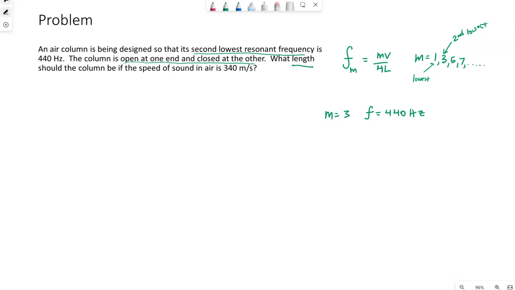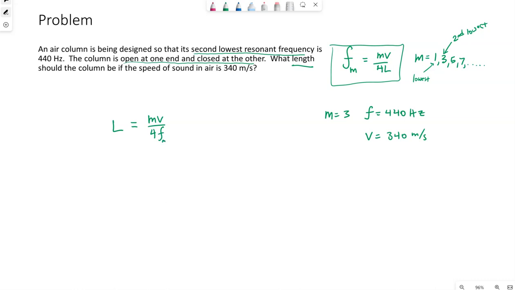We're trying to find the length of this air column, and they've also told us to use a speed of sound of 340 meters per second. So looking back at our equation, we know the frequency, we know the m value, we know the speed, so the length is all we're looking for. So the length of this column,